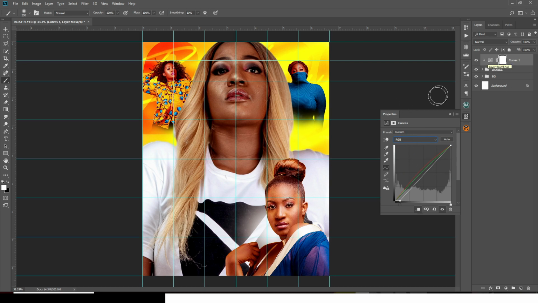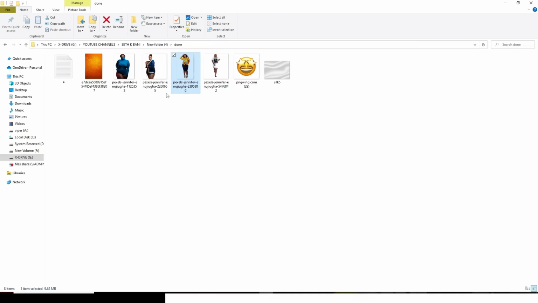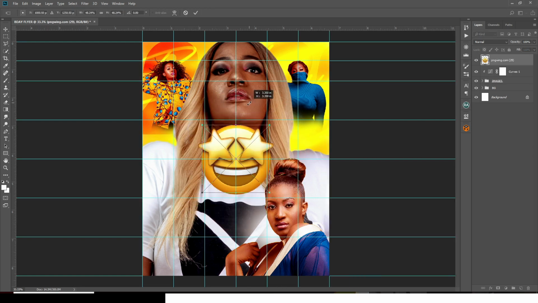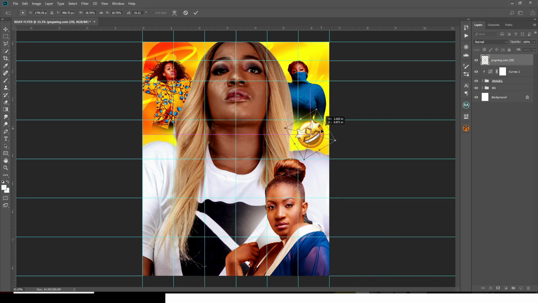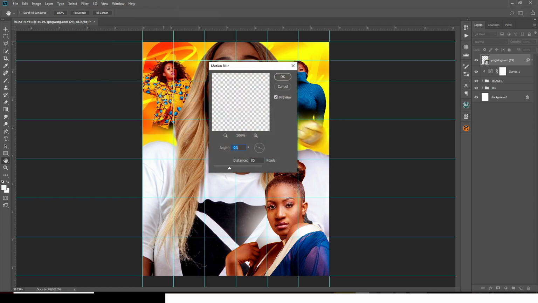And now we can bring in our emojis too. Let's bring this one, drag it here, and then release it. Now the emoji, let's reduce it like this. The effect is way better if you rotate it, so that is what we are going to do. Then I'm going to drag it there, and enter. Now let's go to filter, blur, motion blur, and then let's